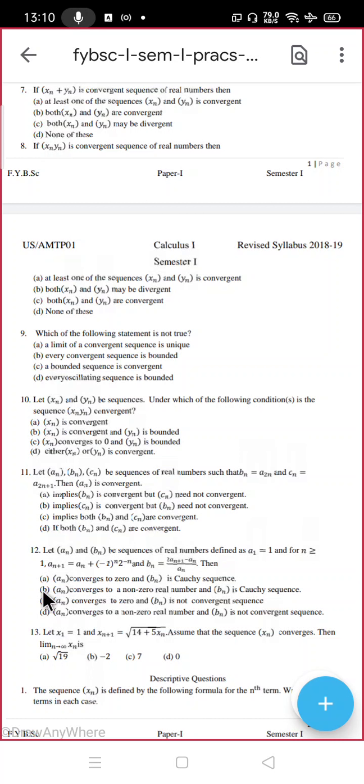So now we are having only two options, that is e and c. What can you say? You remember one thing, bn is this upon an, and for a division we require one thing, that is en must not go to 0. If you remember the proof, to prove that division of two convergent sequences converges, the condition was en must not be 0. So option is C. Do you agree?